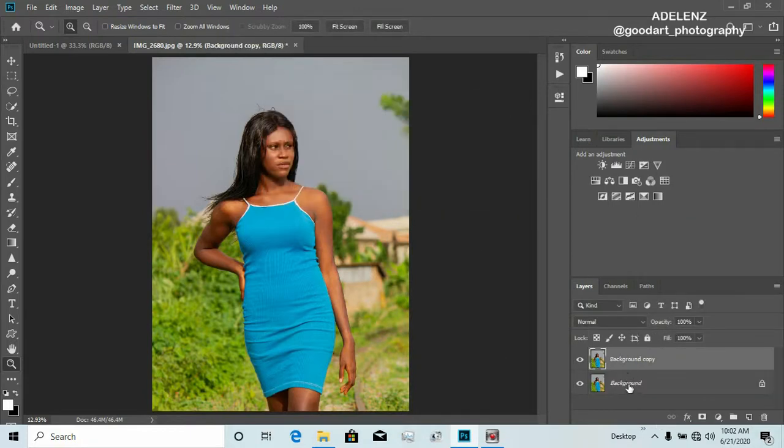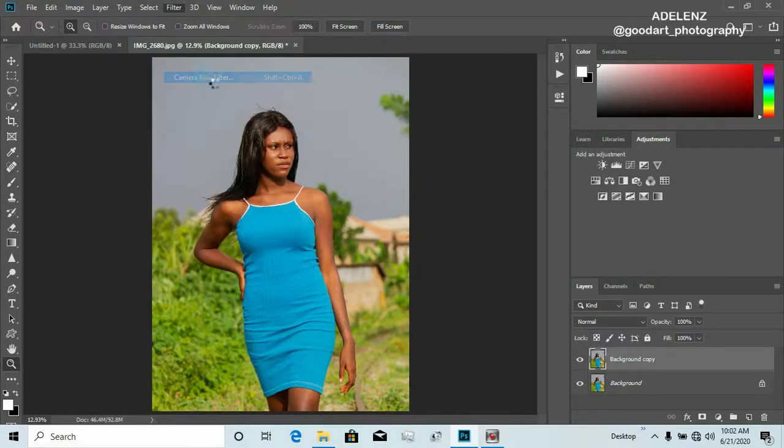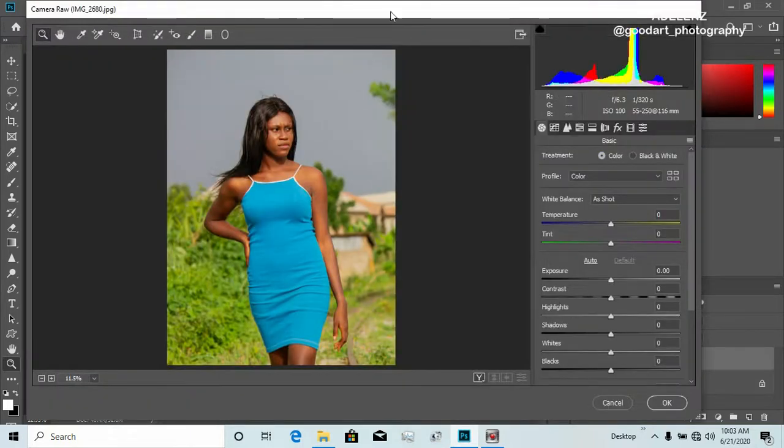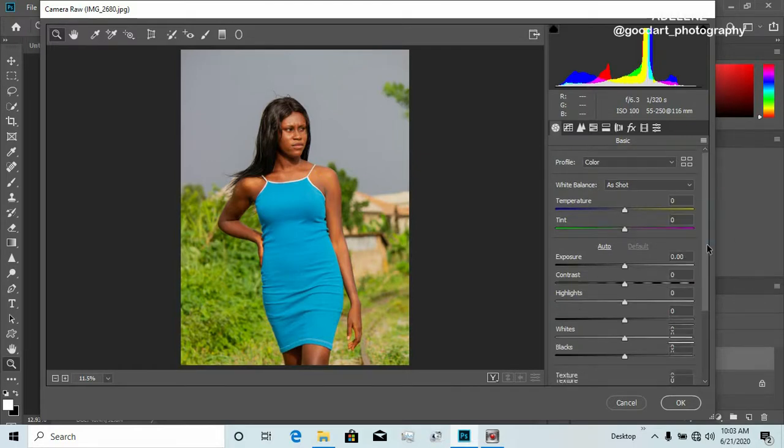Duplicate your layer. We have the first layer and the second layer. So you go to the second layer and you go to Filter, Camera Raw Filter. You wait for it to load. The one thing about this is, I'm sure most of us work on Lightroom and Capture One, other color balancing software. So this Camera Raw filter works exactly with